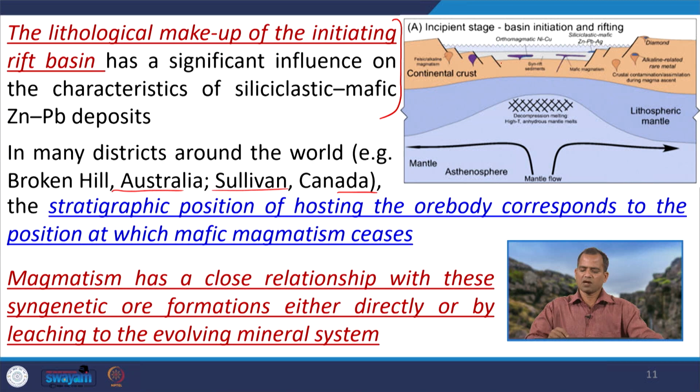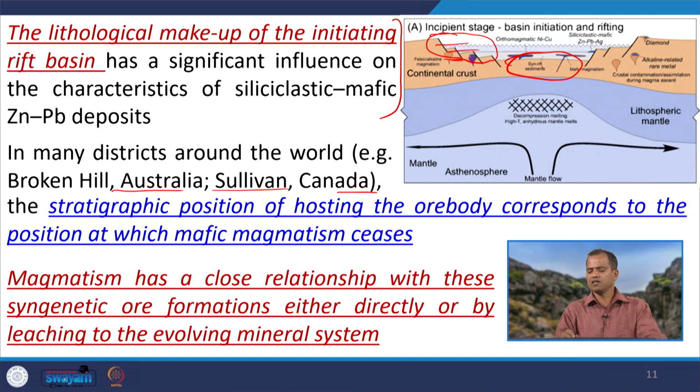So, gradually the mafic magmatism will mostly be in the central part and the deeper part of this basin, and the felsic and carbonatitic sequence will be in the upper part or the flank of this basin. So, stratigraphically, if you are moving from the lower side to the upper side, at a certain depth the magmatism related to mafic magma will cease, and the upper part will be dominated by felsic and carbonatitic magma, and the lower part of the stratigraphic sequence will be dominated by this mafic magma.